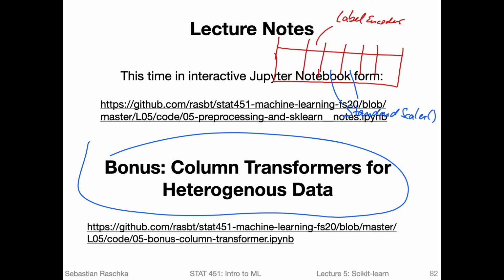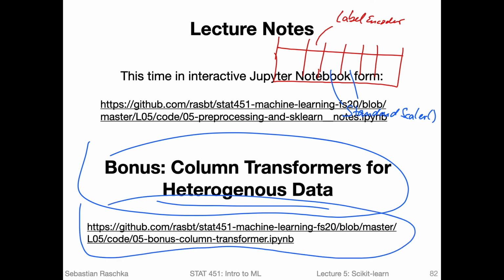So how can you define a pipeline where certain transformers of the pipeline only run on certain columns? You can use a column transformer and apply it to such a heterogeneous data set where the columns have different types and you want to perform different transformation techniques on the different columns. So I made a notebook example for that. If you have such a case, you can read through this. If you have a class project where you have a case like that, that might be a useful notebook for you to check out.